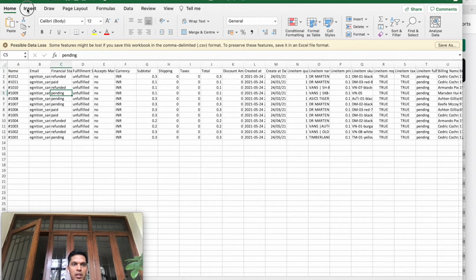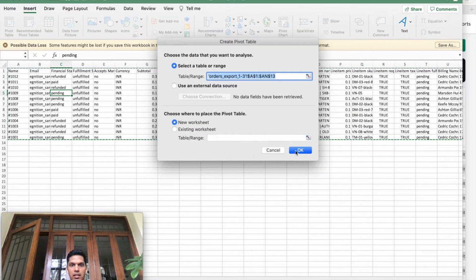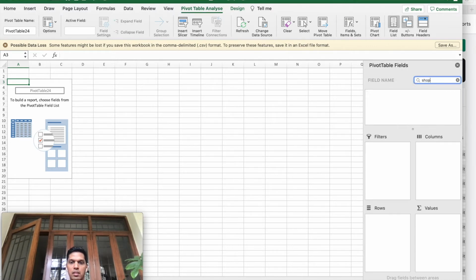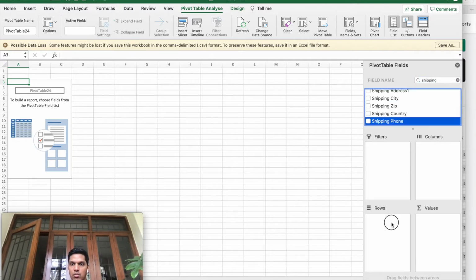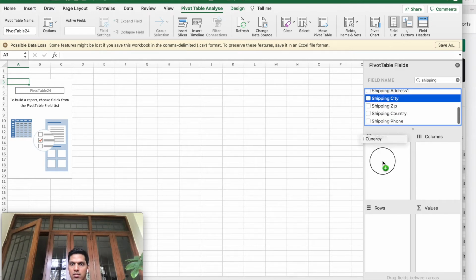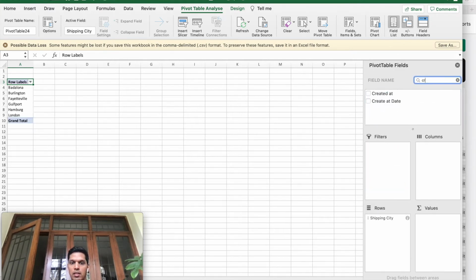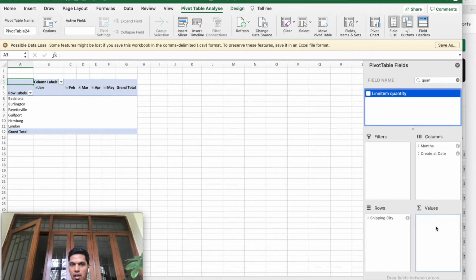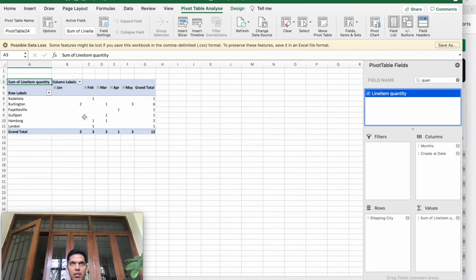So to create a pivot table, we click on Insert, click on Pivot Table, and click on a new worksheet. Okay, so now let's move shipping city to the rows, and let's move created at date to the columns. And let's move quantity, the line item quantity, to the values. Okay, this is where we left off in the first video, and now we're going to actually convert these values